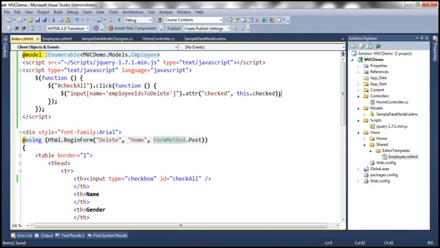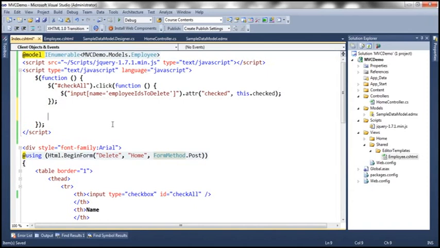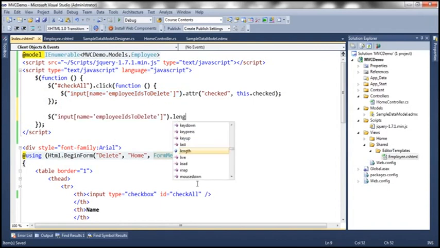Alright, so find all the checkboxes which has got this name, okay, and the length, so the number of those checkboxes. Basically, even before that, when we click on any of the checkboxes which has got this name, then what should happen? We should execute some JavaScript,